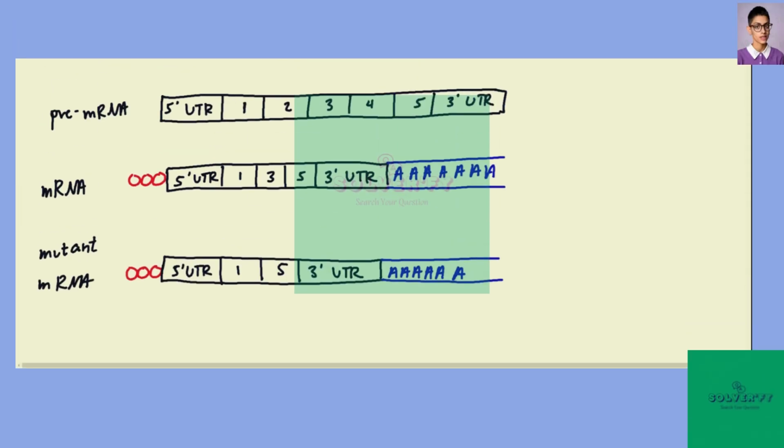For this question, we have three different molecules. We have a pre-mRNA strand, we have an mRNA strand, and we have a mutated version of the mRNA strand, meaning it has a difference in the gene structuring between the regular RNA strand and the mutant form. So when we look at this question and the answers, we're looking for exons and introns inside of this mRNA